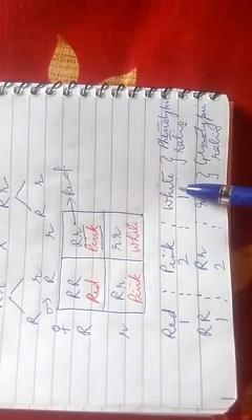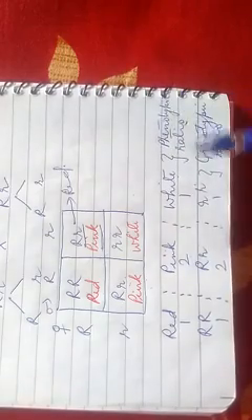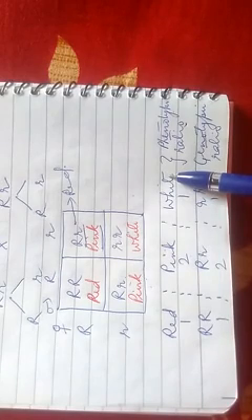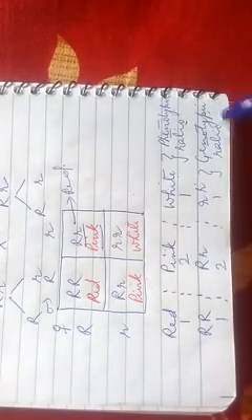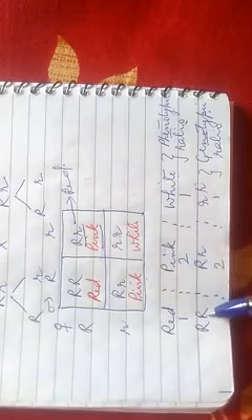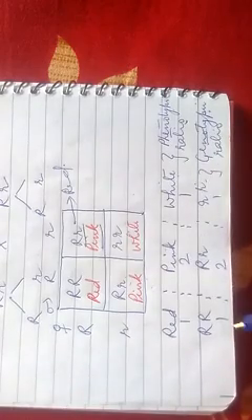In the ratio 1 red, 2 pink, 1 white, right. So this 1:2:1 is the phenotypic ratio. Why? Because it is based on the expression of the individual. Okay. Now we will try to find out the genotypic ratio, the genetic makeup. So what is the genotype for red color? It is capital R, capital R. Genotype for pink color is capital R, small r. Genotype for white color is small r, small r, and they are also present in the ratio